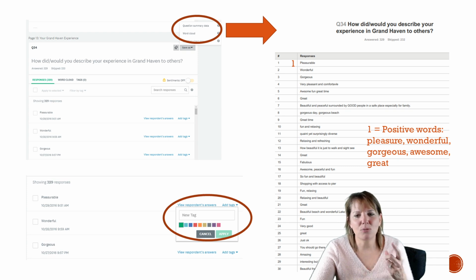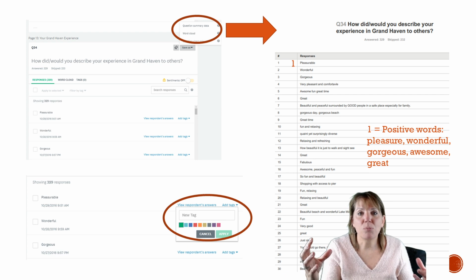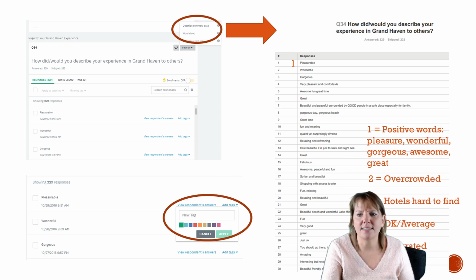But my key is being consistent. Every time I see a just okay kind of thing, I would need to label it that way. And every time I see positive things, I'm going to keep track of the words so I maintain that integrity. But I can also use that at the end to explain what those positive words meant. So by the time I'm done coding, which is what we call coding every person's response,